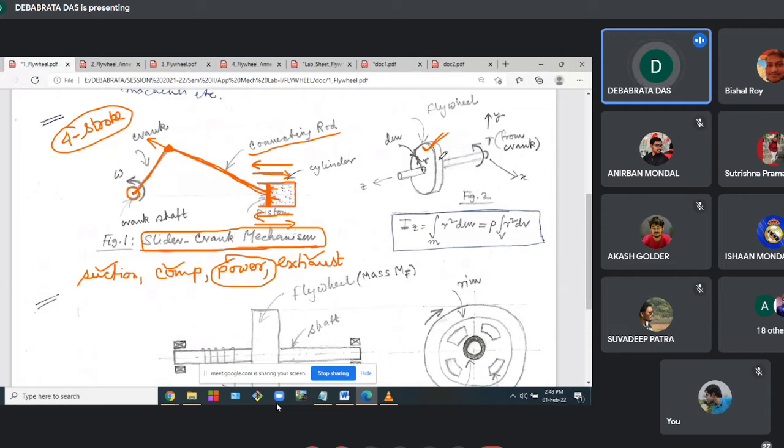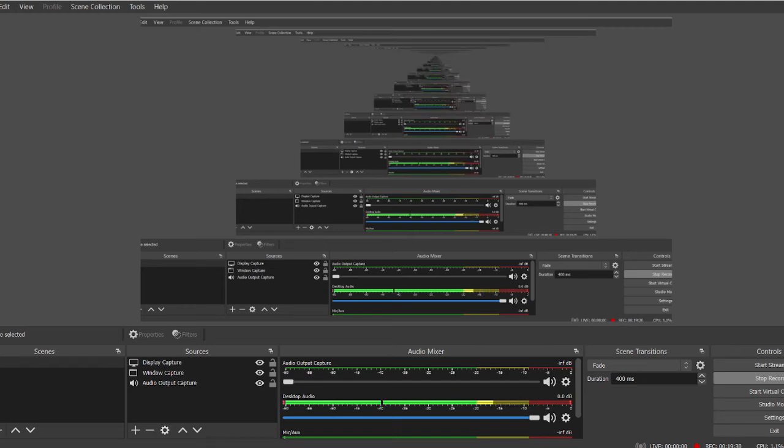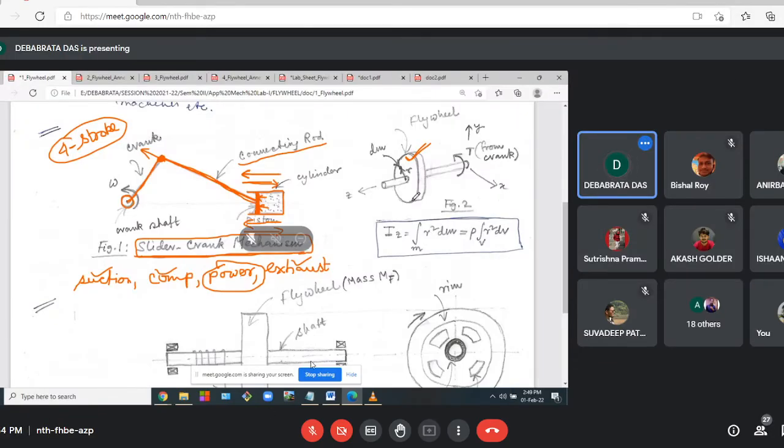Now, you will learn the detailed analysis in dynamics of machines. I have just given you the idea of how this serves this purpose. So that is called a flywheel. The mass moment of inertia of a flywheel is a very important parameter. Look at this system. What is the mass moment of inertia about this Z axis, the axis of rotation? At any radial location, if you have a mass dm, then the integral of r squared dm is the mass moment of inertia of this flywheel about this axis. Clear? Yes, sir.